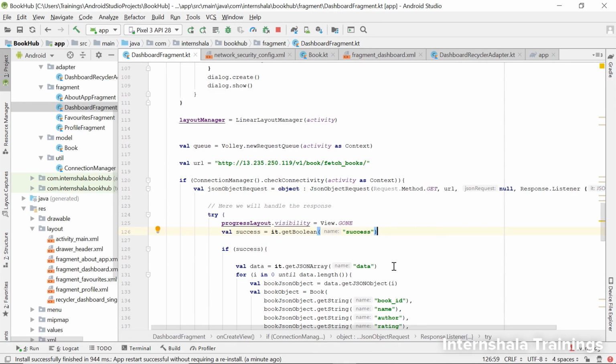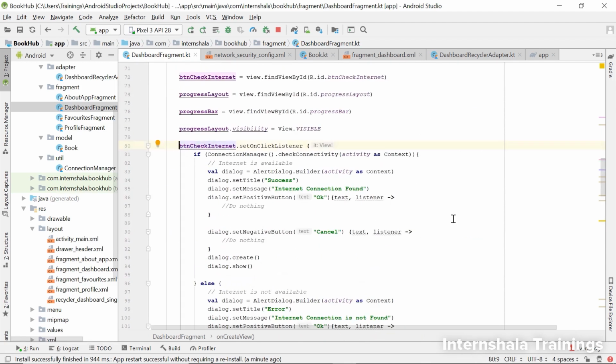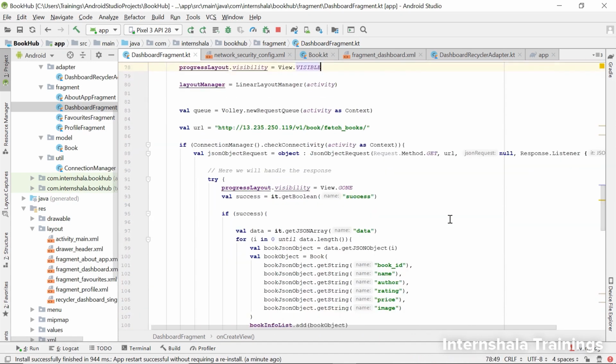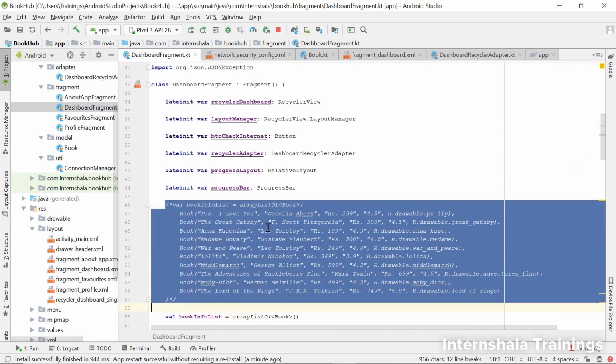Before we end this video, let's go back to the app and clean the UI of the app we made. We'll remove unwanted components that we just added so we could learn about them, such as we'll remove this check internet button. All the button related code will get removed here.